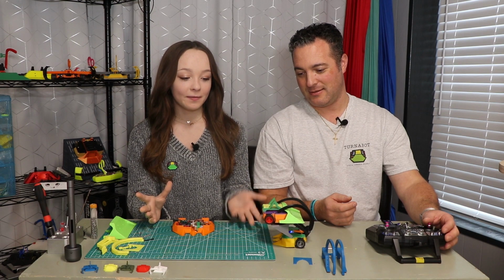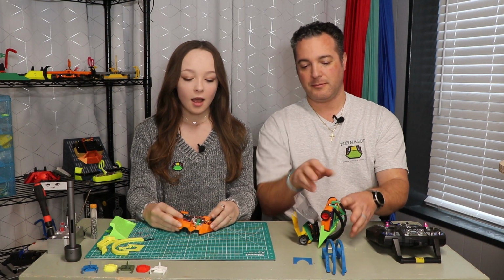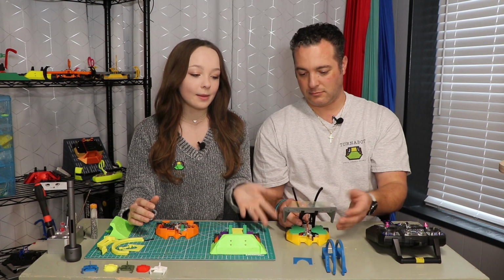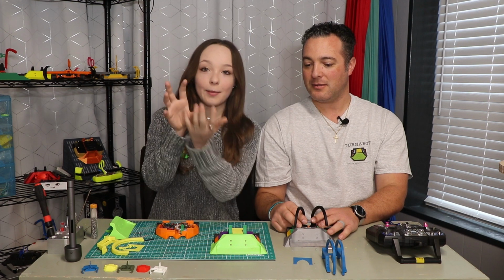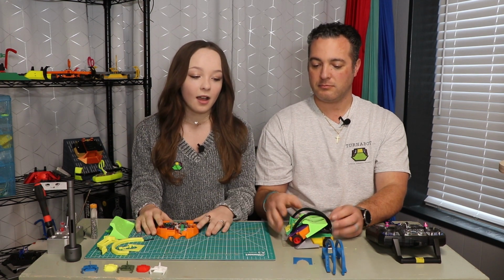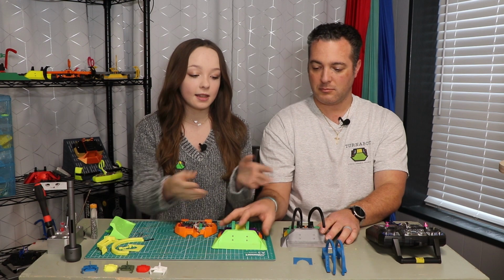So the really cool thing about Slammer is that it has the exact same base as a Slipper. The only thing that's different is the Slipper has a flipper arm assembly and the Slammer has a grabber arm assembly. Like my dad just showed, Slammer can grab and pick up bots and then go and dump them in the arena, or it can even suplex them backwards if they're facing back to the arena. So that's super cool about the Slammer, but it is the same exact base, it just has different top